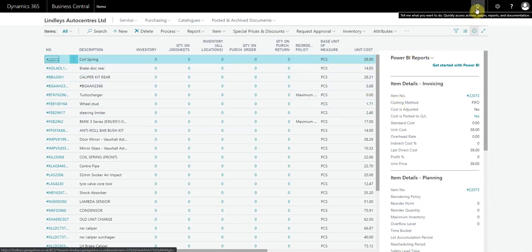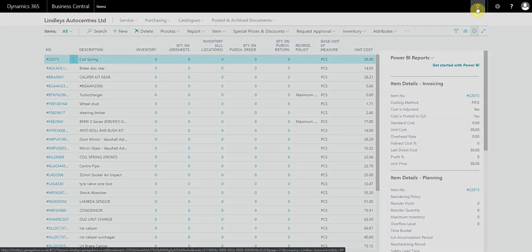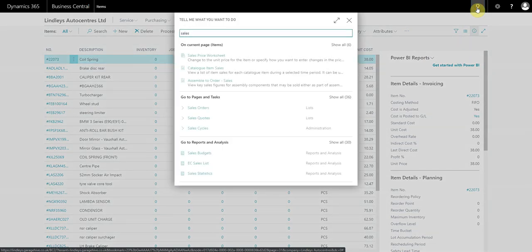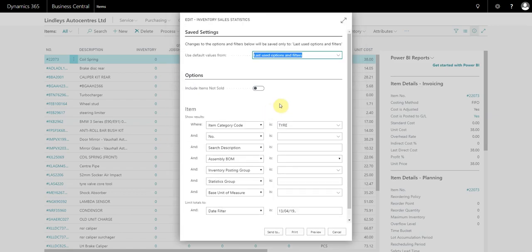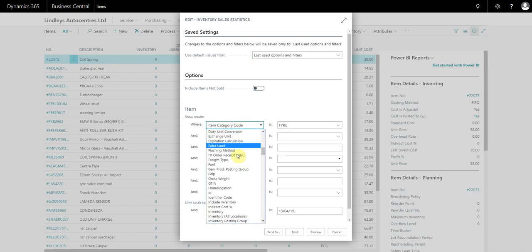So to start with, you need to use the light bulb or the search function, and you are searching for Inventory Sales Statistics, and it's under Reports and Analysis. Once this option's opened up, you're going to see a load of things that you can filter the report from. The first one by default will probably be set to Inventory Posting